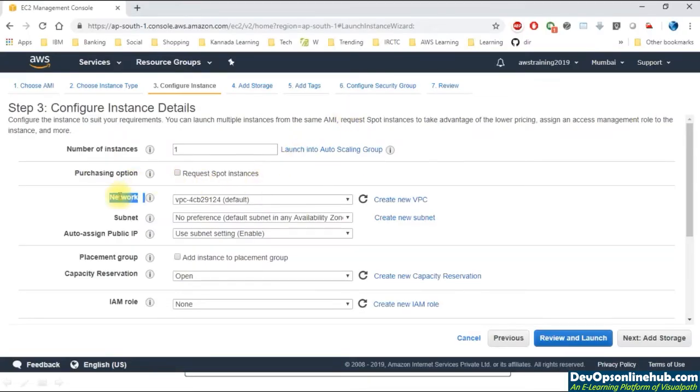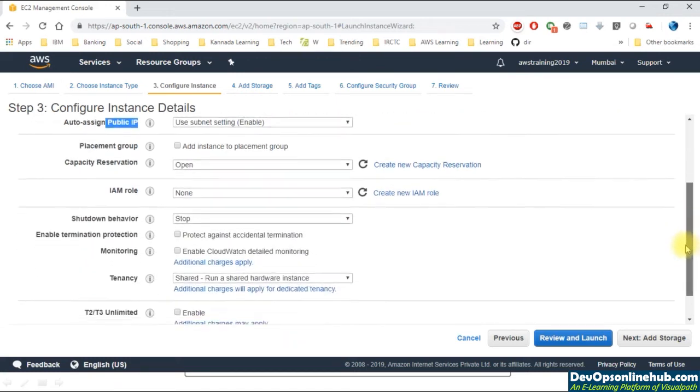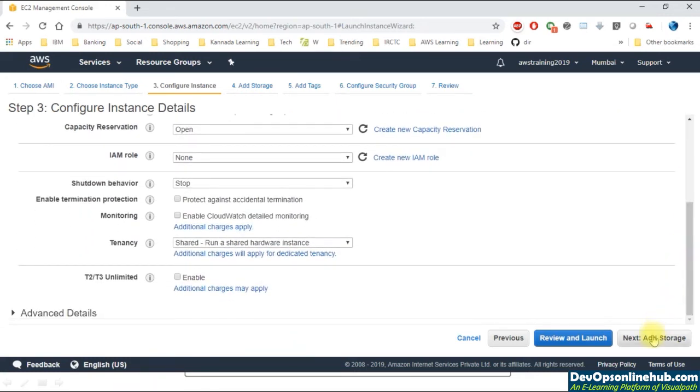Here you can see the network, and it talks about the default VPC, which is by default available whenever we create a new AWS account. And currently for subnet, we have 2 subnets. Basically the 2 subnets are defined as a part of 2 availability zones in Mumbai region. I do not have any specific preference. Automatically Amazon would select a specific subnet and launch this EC2 instance. The only thing to ensure is we enable the public IP address setting. You can see here it is in enable mode. The rest of the options I will leave as default.